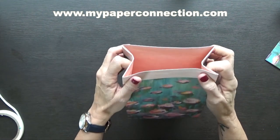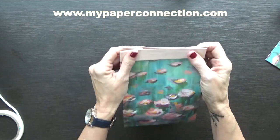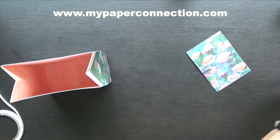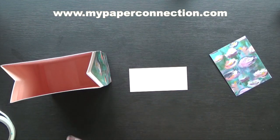Okay. And then you can even squeeze it like that if you want to. And you can add handles to these if you want. Alrighty, so now you're going to take this piece that is the 2.5 by 5.5, and you're going to take